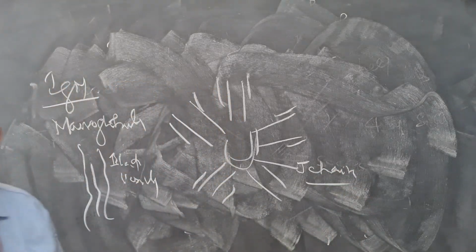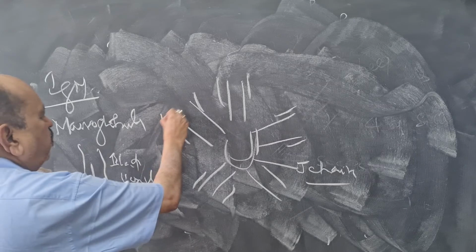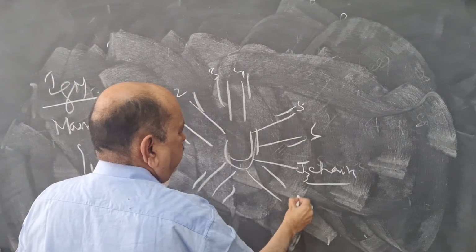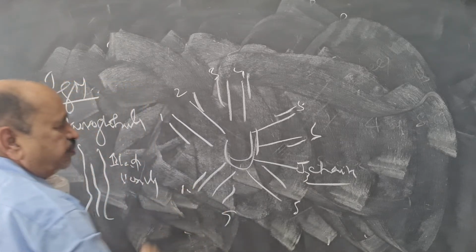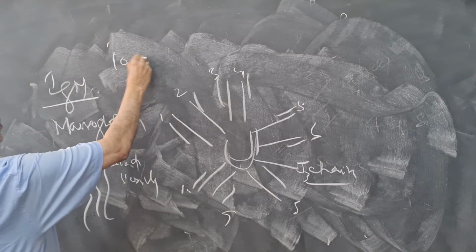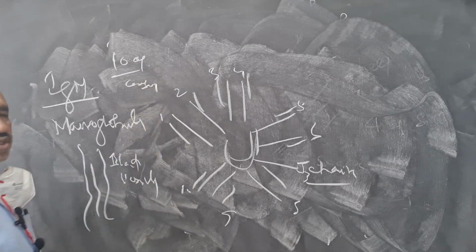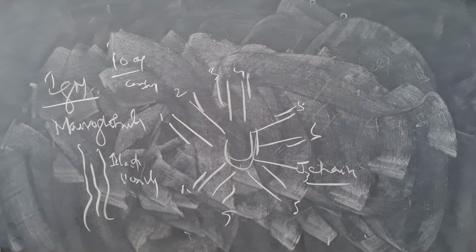Held together by J chain. It is a pentamer: 5 molecules of IgG held together by J chain. So how many antigen combining sites does it have? 1, 2, 3, 4, 5, 6, 7, 8, 9, 10. It has 10 antigen combining sites. Now moving on to the